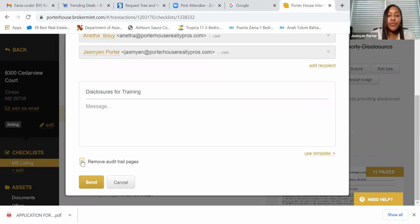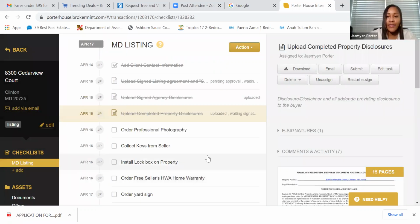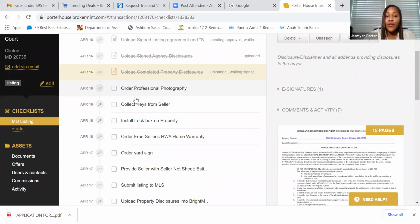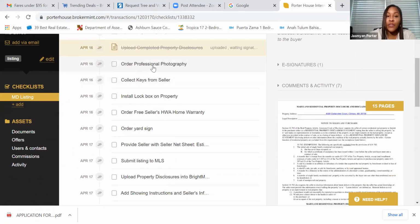And then we can choose to remove the audit trail pages, because that can become cumbersome in an email. It's not required for the email. So simply click on that, and then you click send, all right? So now Anitha is going to receive that email, and I will receive a copy of that email also. All right. So now your checklist continues, and you know everything that you need to do,